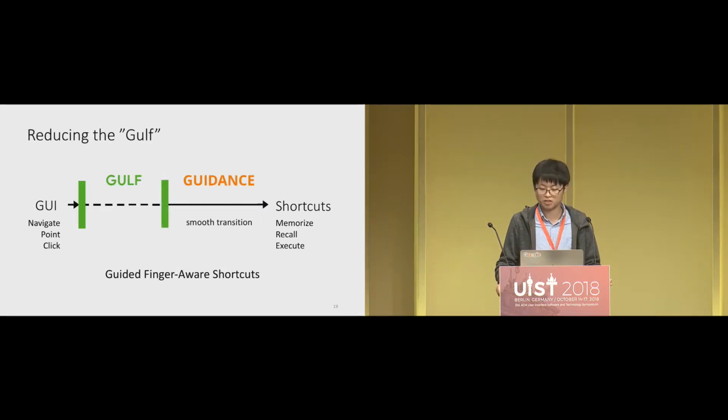Now, how can we reduce this gulf? Ideally, the gulf can be eliminated if the GUI and the shortcuts are in the same modality. So there can be a smooth transition just by practicing the shortcut because it's in the same modality. But it's impractical to make all GUI, like you can't put all the menus into the modality of shortcuts. We know some research such as Expose HK and marking menu is trying to do this kind of thing, but it's sometimes very impractical given the sheer amount of